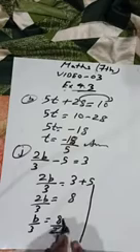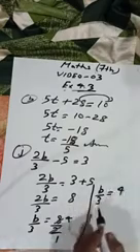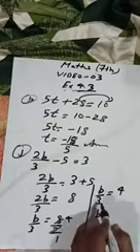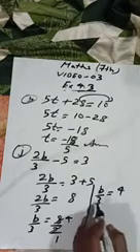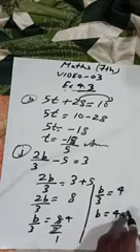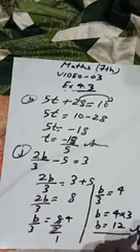Now this 2 1 time, 2 4 times. Now b upon 3 is equal to 4. Now it's time to remove this 3. So b, 3 is in division, that is in the denominator, it will go that side and take the position of numerator, that is it will multiply. So b is equal to 12. This is your answer.